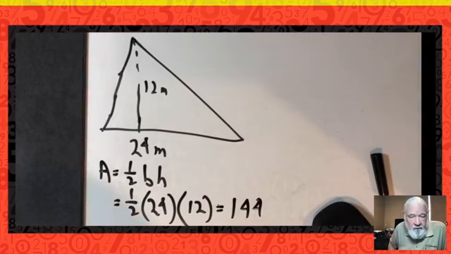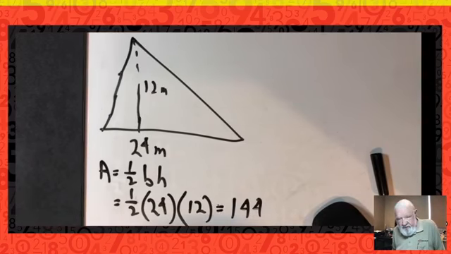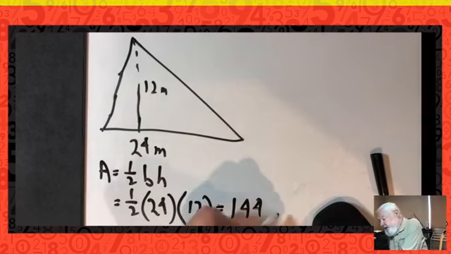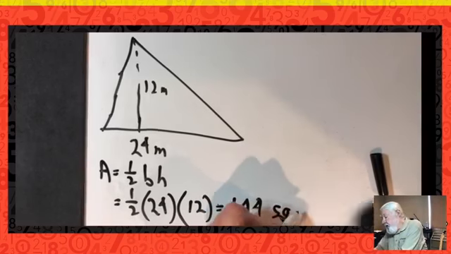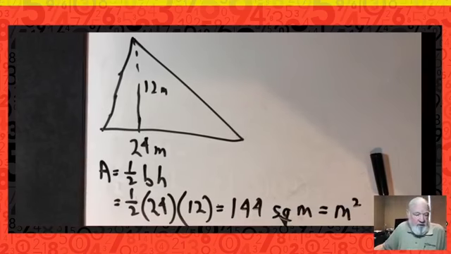Now, question, what are the units? Anybody like to pop that into the chat box? So we got a base of 24, a height of 12. It's a triangle, so we're going to go 1/2 base times height. Get our number, and what are our units here? There we go. Thank you, Rebecca. 144 square meters. Technically, by the way, we don't say squared, we say square meters, but that part really doesn't matter, because usually it's abbreviated like this: m², or sometimes meters to the second power, which also means meters squared.